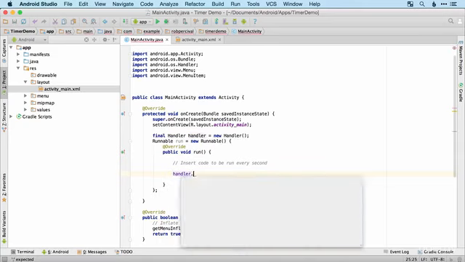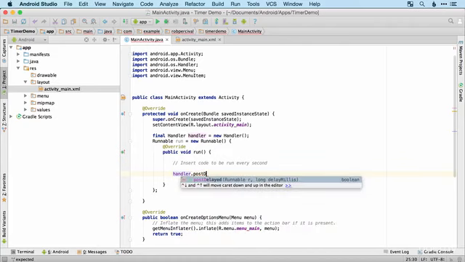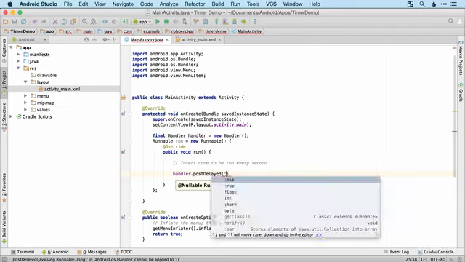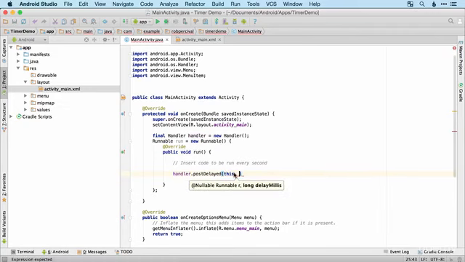And what we can do is handler.postDelayed. And then we want to post this. So in this context, this refers to the runnable here, the run method, and then the number of milliseconds that we want delayed. If we want it to run every second, then we want it to be delayed every 1,000 milliseconds. So we've got quite a complicated chunk of code there, but just to run through again what's going on,